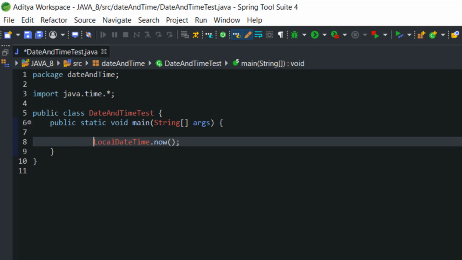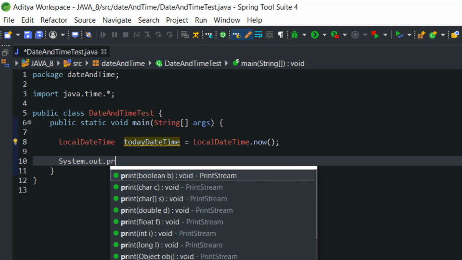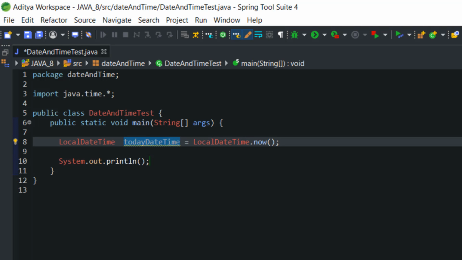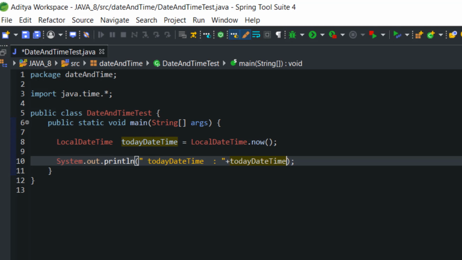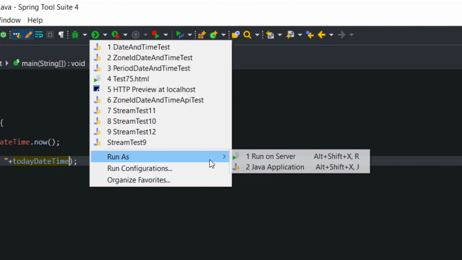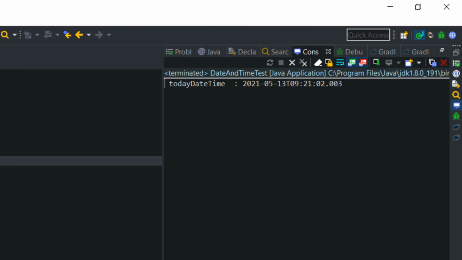Now let's execute the code and see what the current output is.